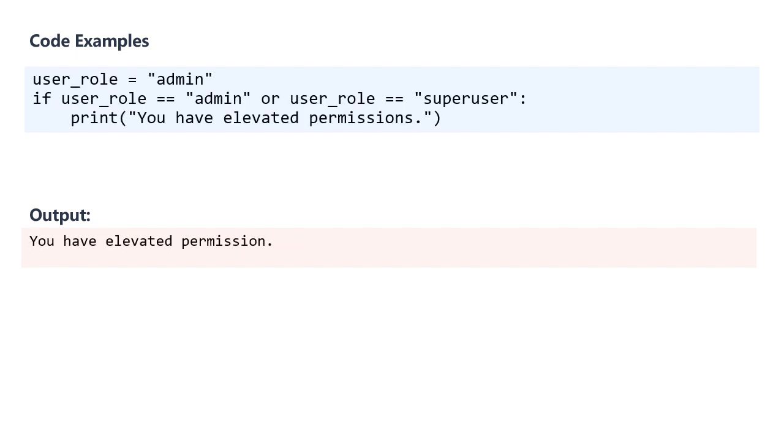Let's look at an example of using the logical operator OR in an if statement. In this example, the variable user_role is assigned the value admin. The condition checks whether the user's role is either admin or superuser. The OR operator means that at least one condition must be true for the code inside the if block to execute. Since user_role is admin, the first condition is true. Therefore, Python executes the print statement and displays